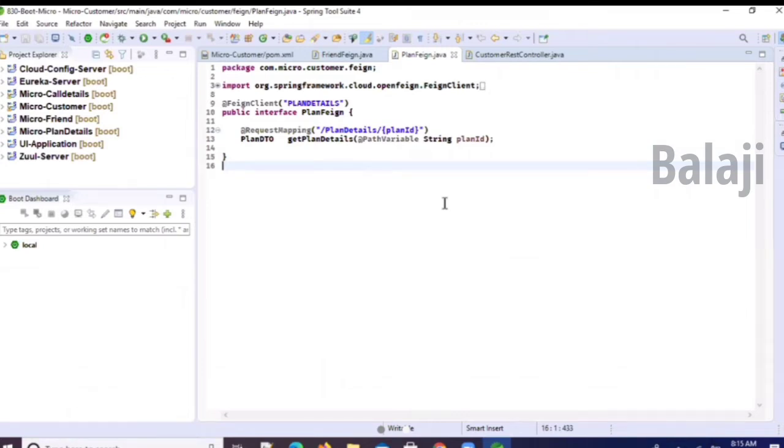Sleuth will generate trace IDs and span IDs and will export those logs to the Zipkin server. Next, Zipkin is going to analyze the logs based on the trace IDs in memory, and will provide a dashboard to the developer, or the admin, so that through the dashboard it is easy to find out how many milliseconds are spent on each part, how much time is taken in total, which microservices are executed, which parts of the